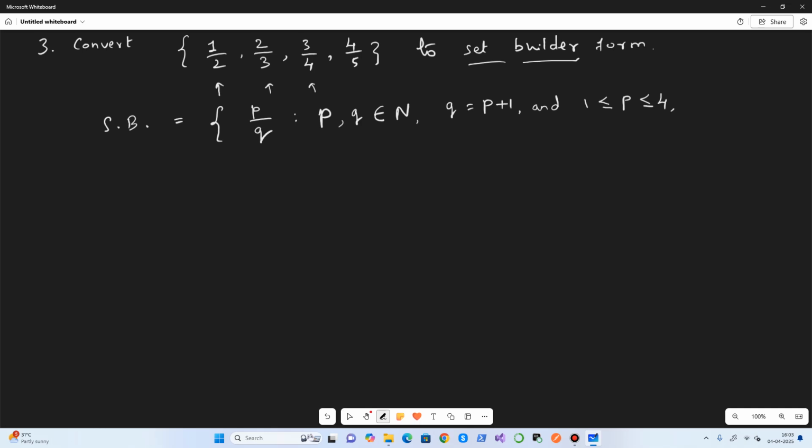Similarly, q varies from 2 to 5, so 2 is less than or equal to q less than or equal to 5. So this is the set builder form of this particular roster form that is given. This is how we can convert from one form to another.